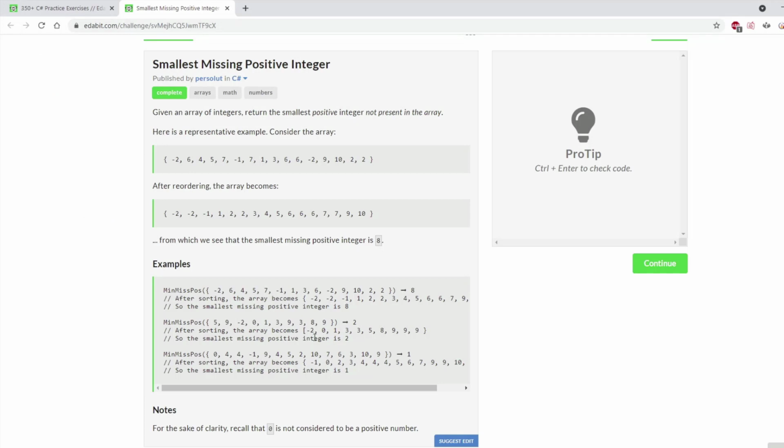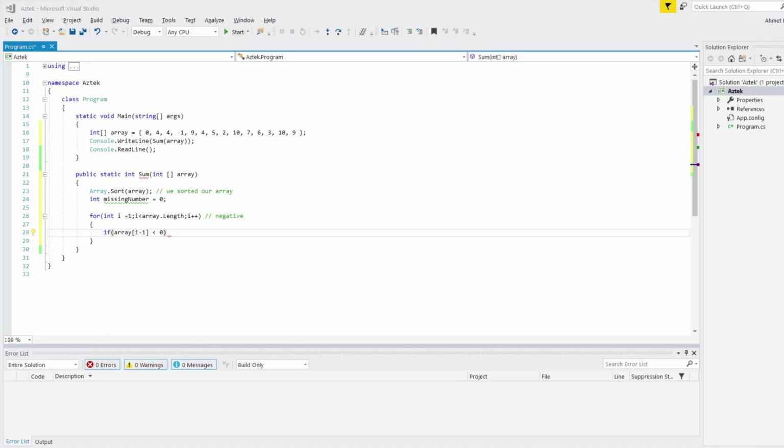As you can see here, we are missing a minus 1, but it doesn't count. We only count positive integers, so first we need to check for that. Then if array i isn't equal or bigger than 0, so isn't 0 or a positive integer,